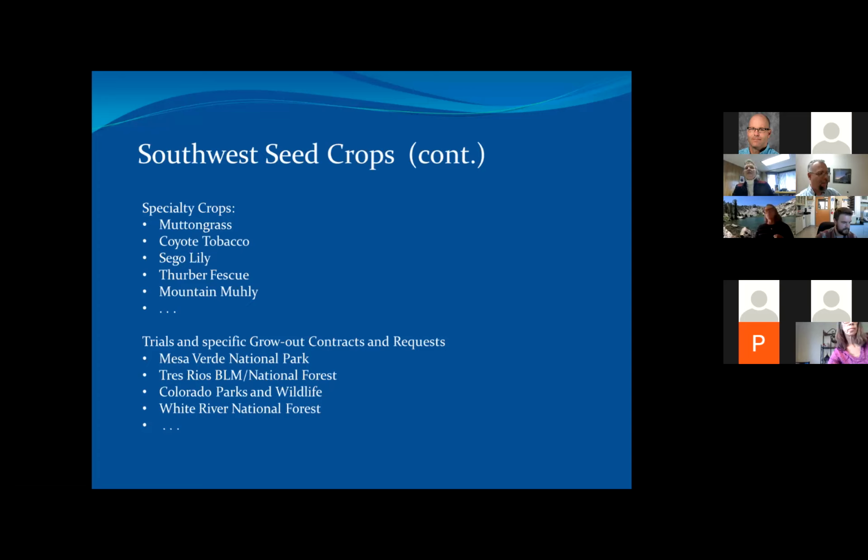And so we did a lot of experimentation with little hand collections that they had done partly through SOS and just locally, for this project. We've done several grow outs or attempted grow outs with Colorado Parks and Wildlife. And we did an IDIQ with the White River National Forest. And there have been many others throughout the years, but those are just a couple of examples of the collaborations and the things that we will do with people.